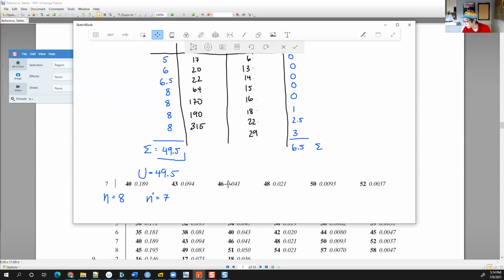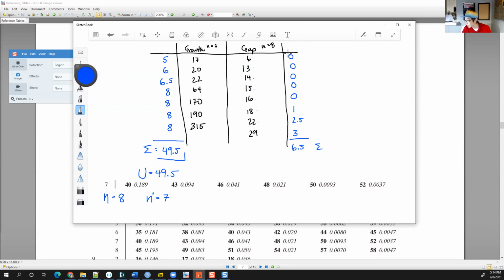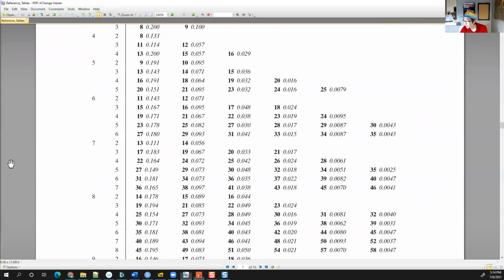Okay, so here's my test statistic. The test statistics are these corresponding values here: 48, 50, 52. If I had 50, it would be easy. My corresponding tail area is 0.0093, but I have 49.5. A lot of times you might get the actual value. In this case, I got 49.5, and therefore my tail probability, or actually, let me just go to the